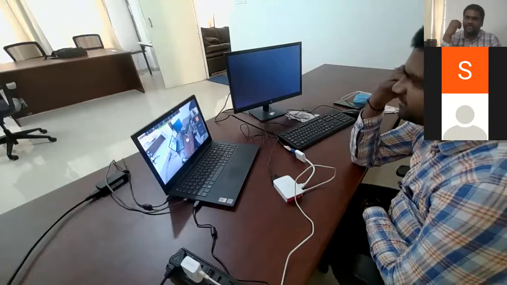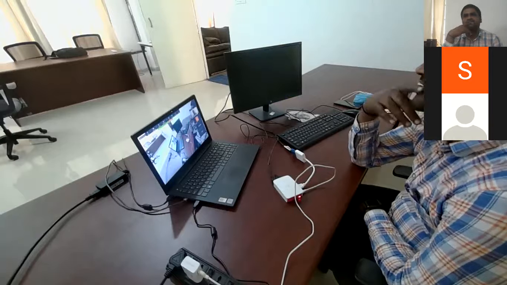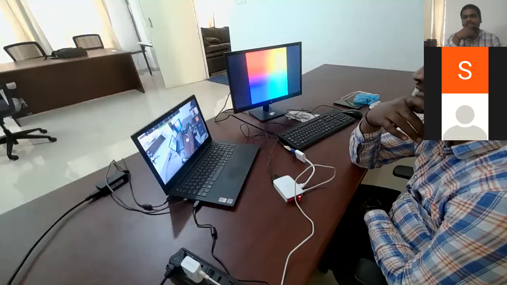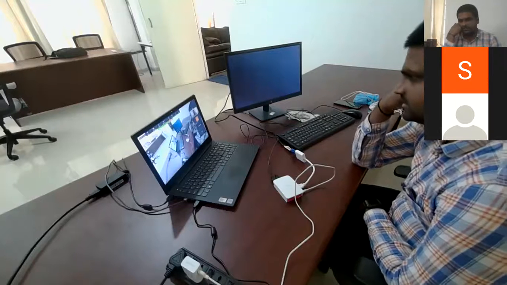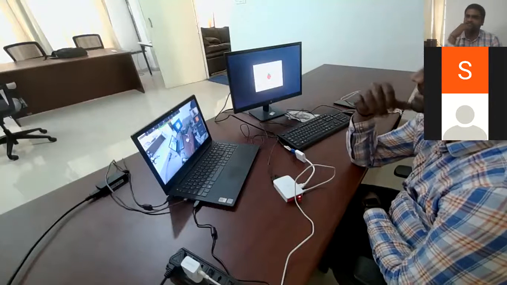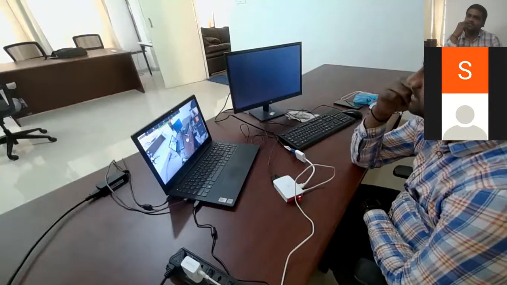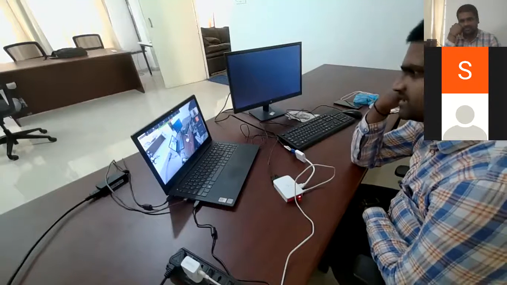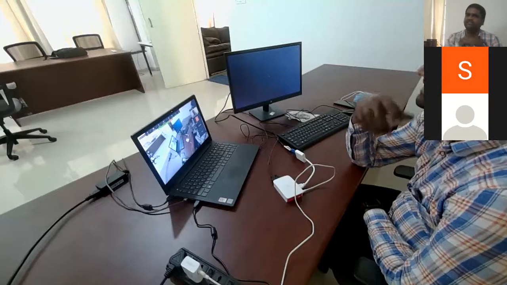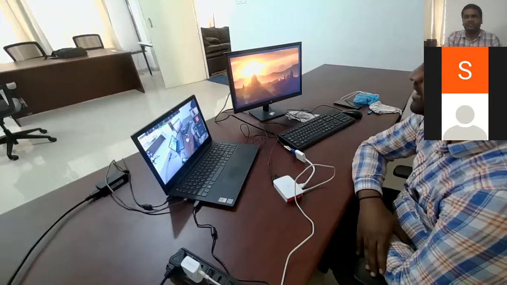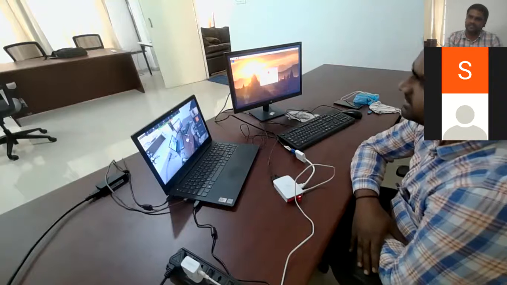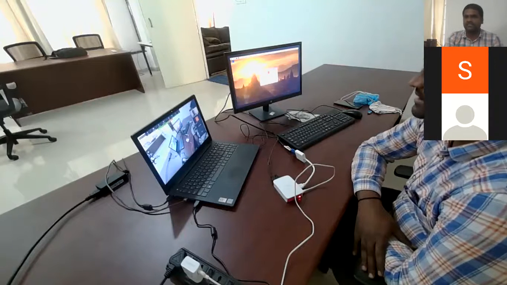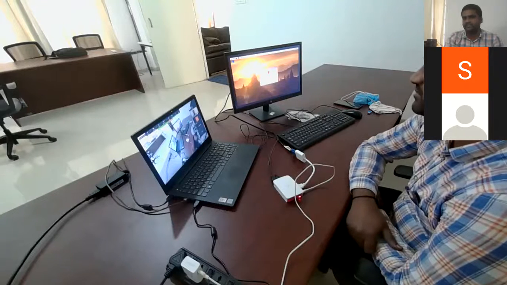So generally, the Raspberry Pi was introduced for education only because, especially in the UK, the students cannot afford to buy laptops and desktops. So they introduced one small type of computer, that is the Raspberry Pi. It has an operating system, a Linux based operating system. What happens in the Linux operating system? It has inbuilt programming tools. So it is used to learn programming skills for the student community. They introduced this in the education industry first of all. Then it is used in real-time applications for business-oriented concepts.